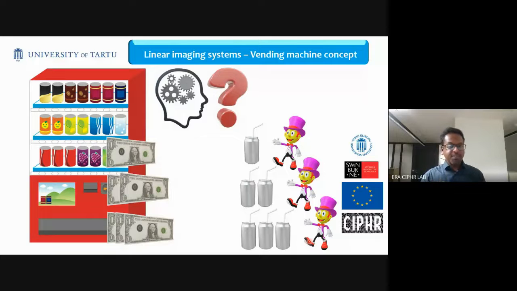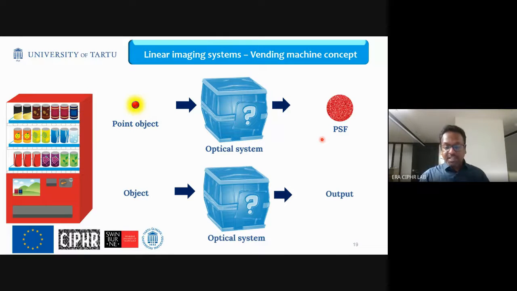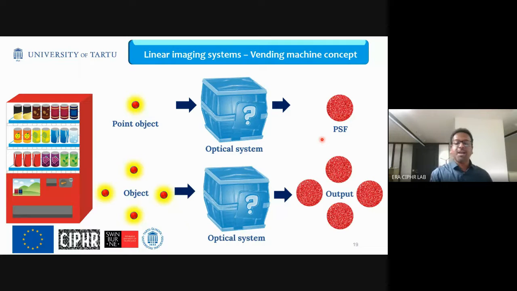Same experiment. There is a magic box, or a black box. I don't know what this box does. So we send a single fundamental unit, which is a point, and then this system generates this. This is the PSF of the system. Now, as I said, we are going to introduce space coordinate. So the 1-to-1 correspondence occurs, except that it is also dependent on space. So 4 points create 4 such patterns.